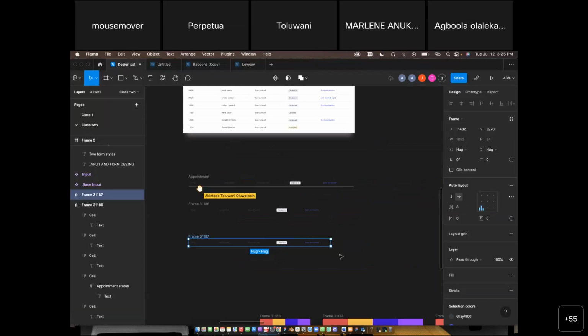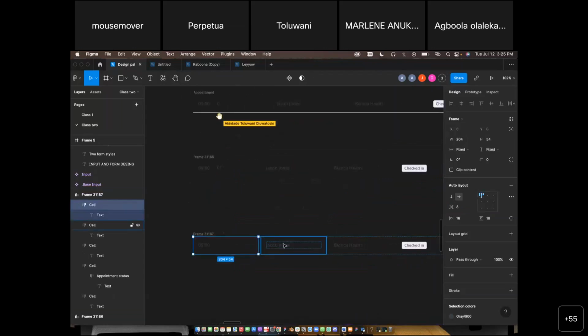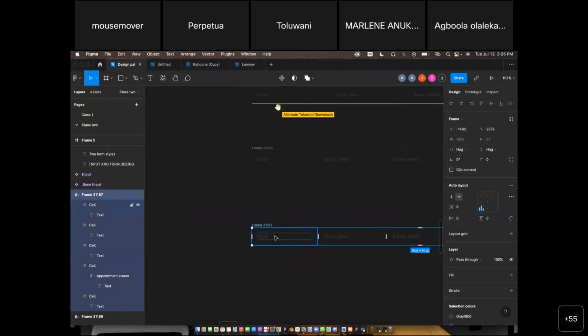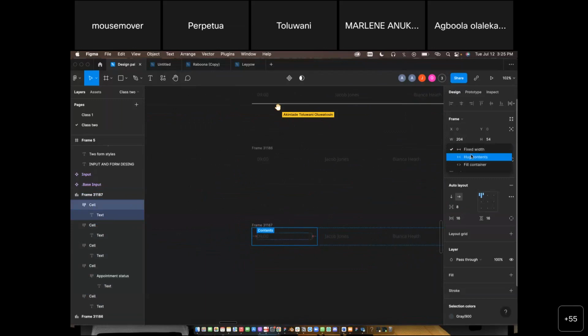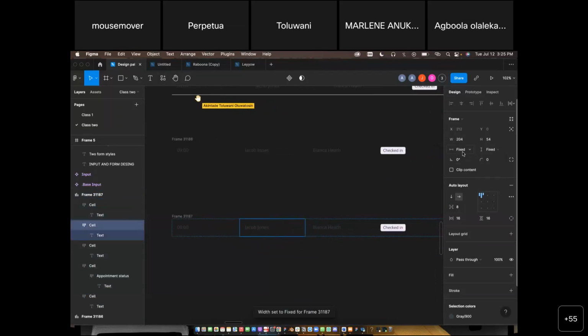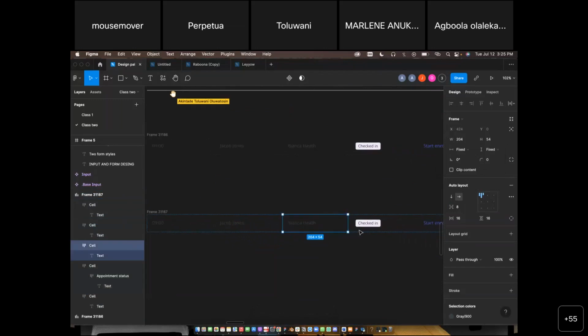So what I just need to do is inspect each component and see what's their current state with this frame. So let me just check this. This is fixed. I think I can change it now. Fill container, fill container, fill container, fill container. So the simple example here is every component you have inside a frame must be filled